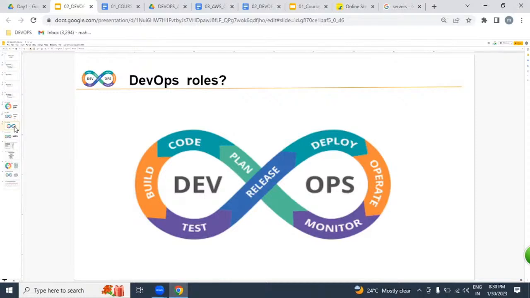DevOps is a methodology. By using DevOps, we implement an automated process from the dev environment to the production environment. That is the DevOps process.